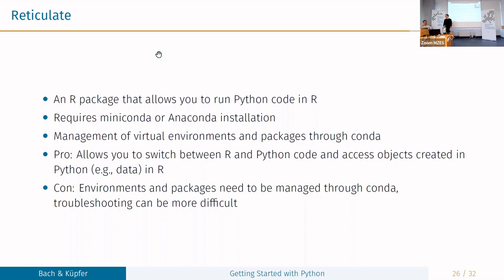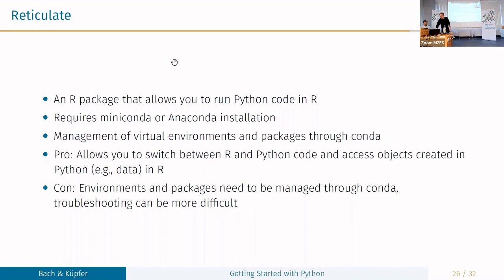Afterwards, you can access Python objects from R and the other way around. So it's somehow connected with each other. Usually you will need to install Python, update your packages, install virtual environments using Miniconda or Anaconda or this Conda functionality.